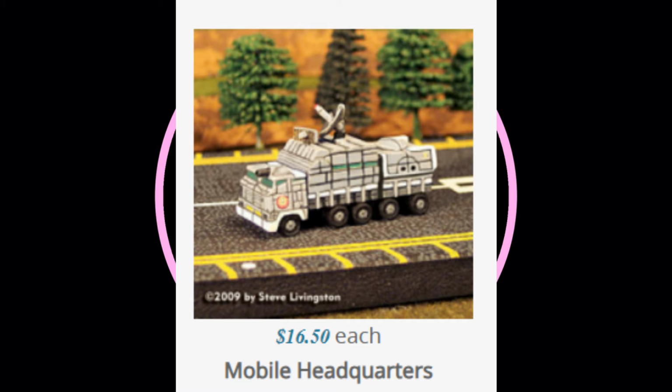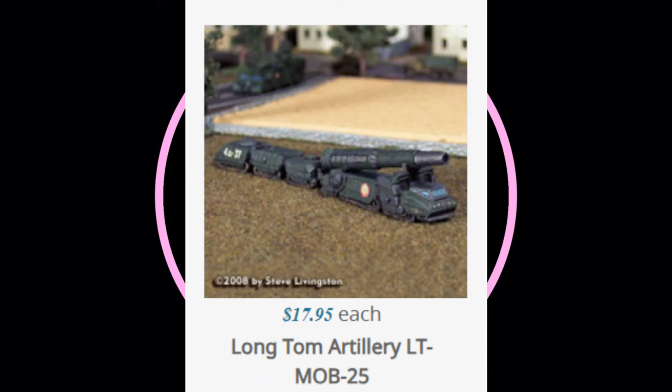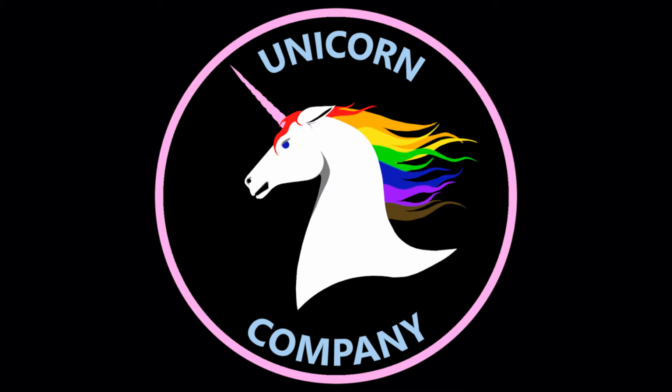And then you get to the objectives, and you have 4 vehicles. You don't get doubled up on anything. You don't get 8 different things. You just get 4, well, technically 3 vehicles, because the artillery trailer just pulls behind the Long Tom. And I know there's supposed to be objectives, but I think